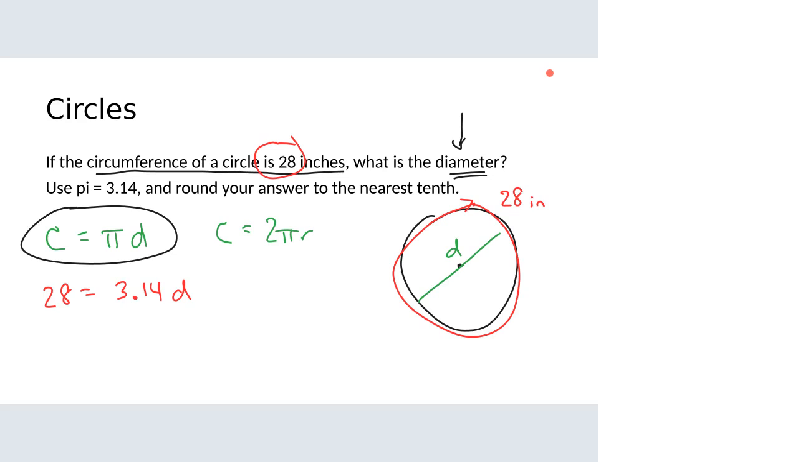Perfect. Erica, Jessica, you're both exactly right. We're going to divide by 3.14 on the right so that those will cancel, leaving just that d for diameter. And if we divide by 3.14 on the right, we also have to divide by 3.14 on the left. What we end up with then is just diameter on the right-hand side, and then 28 divided by 3.14 on the left is going to be